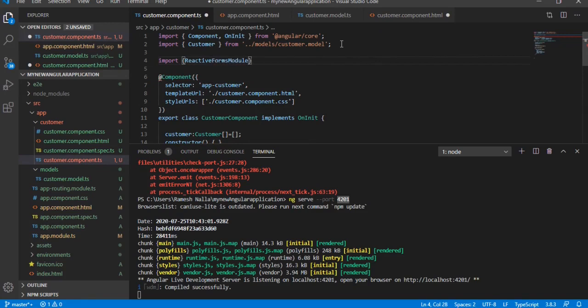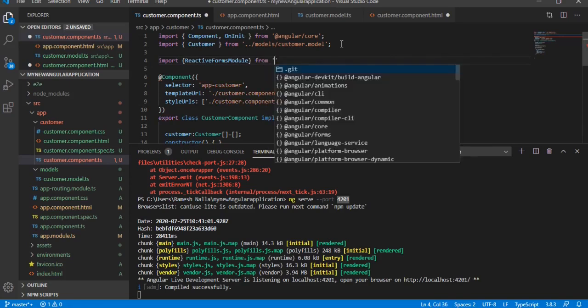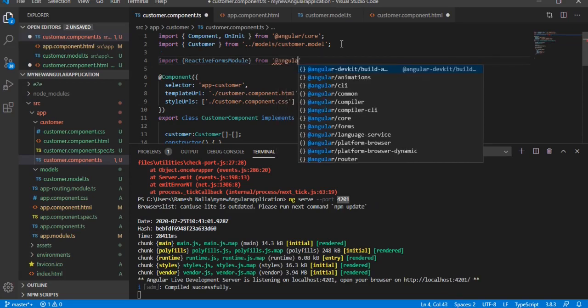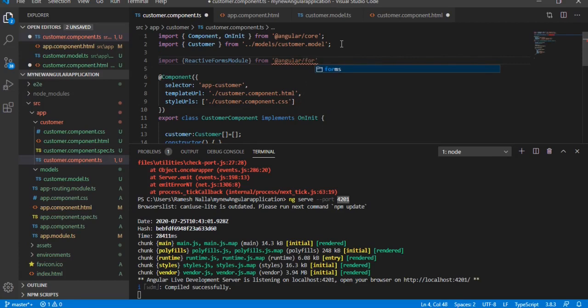So we are using the reactive forms, right? So that's why we are going to import the reactive forms module from @angular/forms.